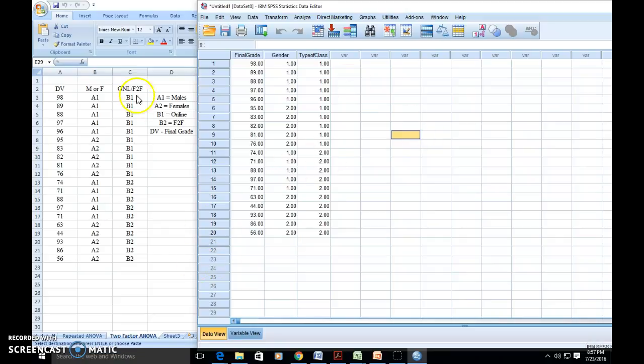Okay, so now our data should match up with the coding system here, where our first group was males in online, and then the next group were females in online, and then the next group were males in face-to-face, and then the next group were males in online. So, females in face-to-face. So, what we're doing then is we're seeing if either gender or type of class affected their